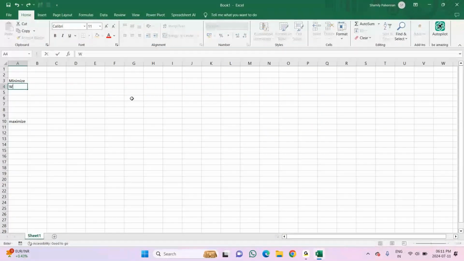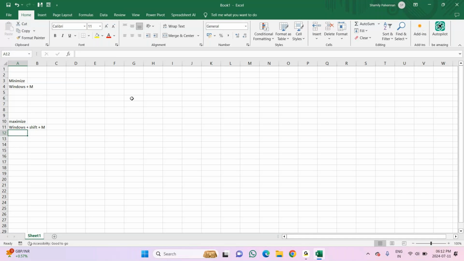So Windows logo plus Shift plus M. This is going to be a shortcut.